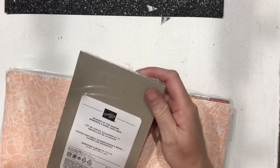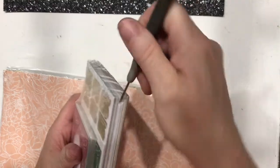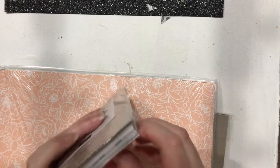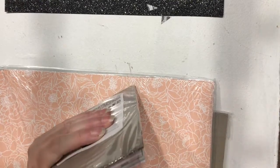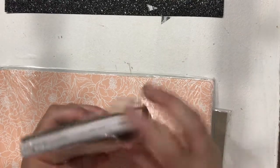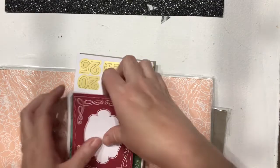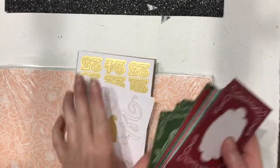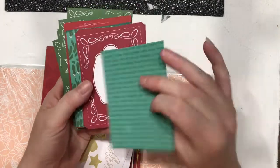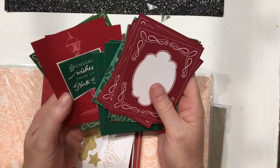First item, this is our Wonder of the Season Memories and More card pack, which Memories and More is Stampin' Up's version of Project Life. And I love to take these and make quick Christmas cards out of them. However, I ordered this set because I plan to use it for December Daily. And I hope to get some December Daily albums and kits in my shop very soon. But they come with 2 different sizes of cards, just like your Project Life. Double-sided frames, words, and they match our Heartwarm